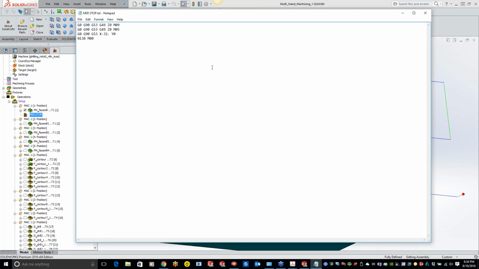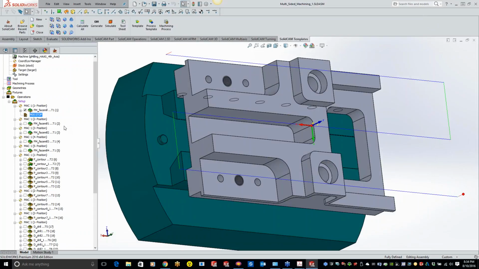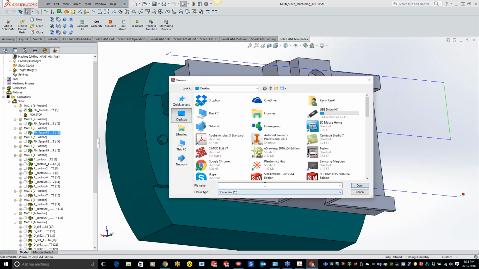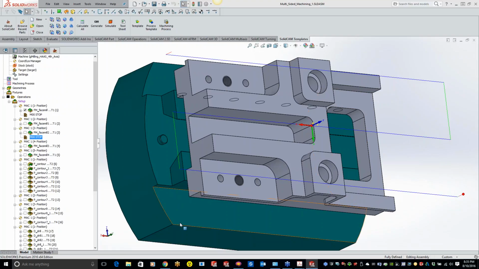Real nice feature. I wish I would have known about this back when I was using it on a daily basis. You can create whatever G code you want, save it, do a file, search for it, put your stop in there, and it inserts it. So it's a real cool feature.